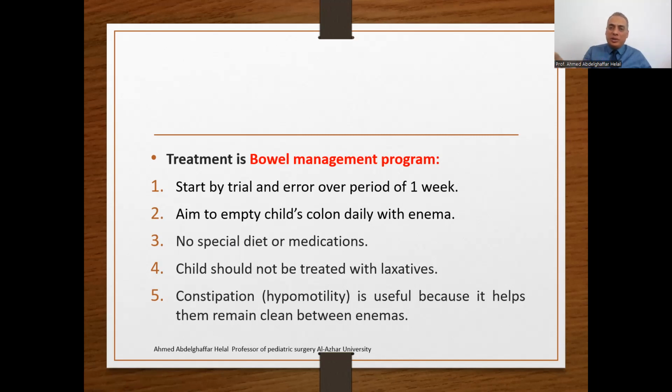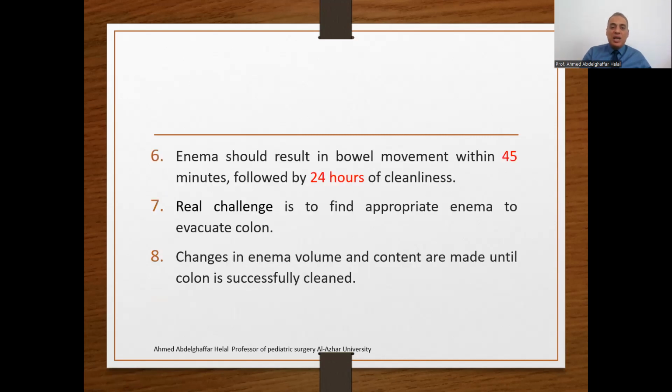So in these children, your aim of treatment is to clean or wash the colon with a bowel management by enema. Enema should result in a bowel movement within 45 minutes, followed by 24 hours of cleanness. The real challenge for the pediatric surgeon is to find the appropriate enema for the appropriate child. So the enema volume and content are changed until the colon is successfully cleaned, evidenced by an